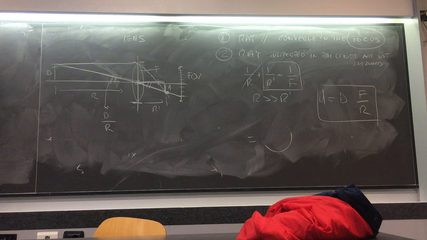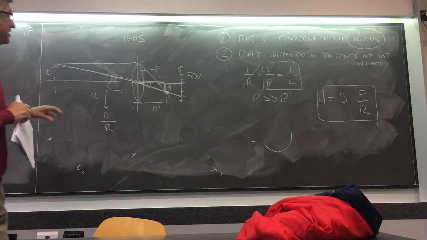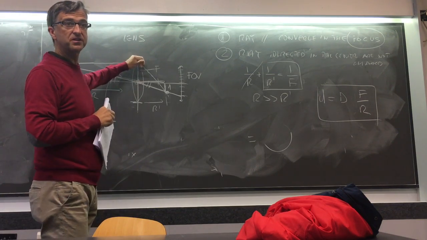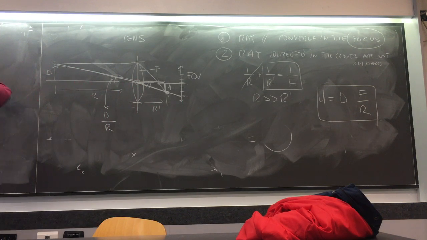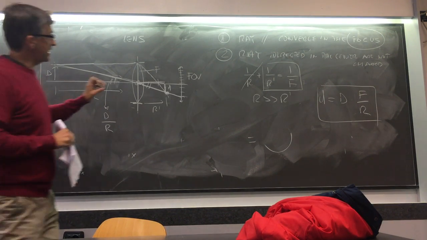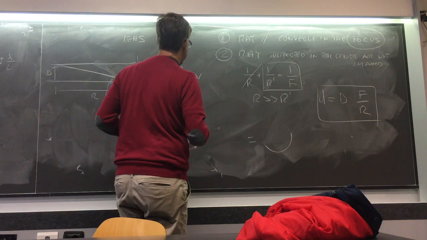What I wrote for a coherent system in the last lesson is the same in the lens. So if you are in the far field and you have a lens, then the angular resolution is always lambda divided by f. Okay? So it means that the resolution, the distance of the fob,